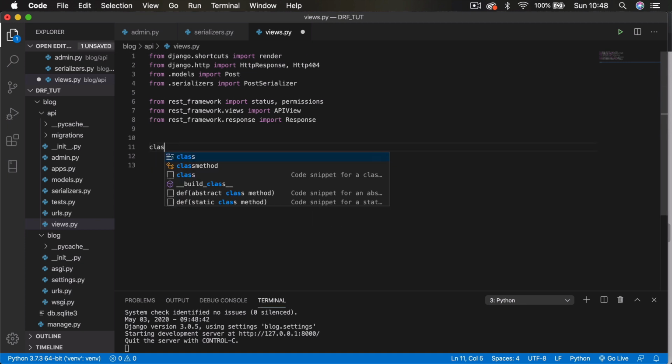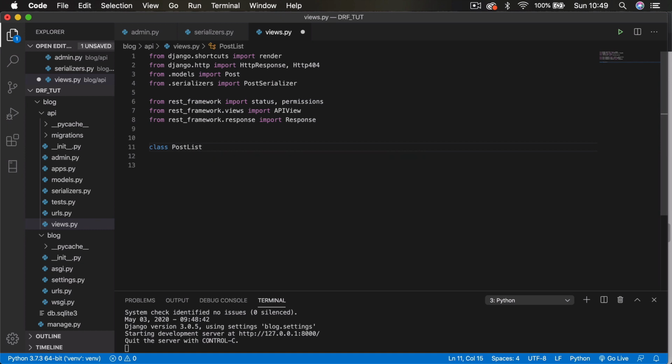And we're going to say post list. And that takes in self, request. Actually, no, sorry. It shouldn't take in these. It's taking the API view we imported up at the top. So we'll just say API view in here. And then we're going to add a comment: this is going to list all of our posts, or we can create a new post, in this class